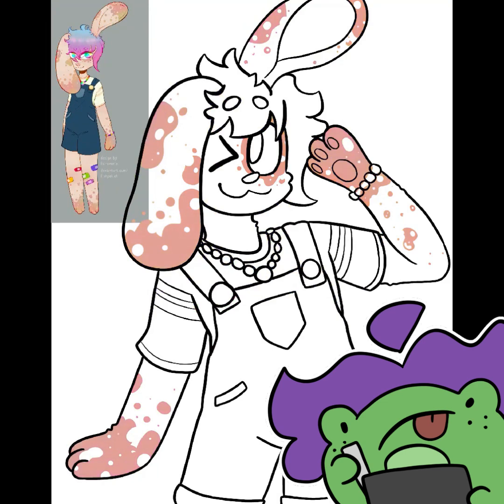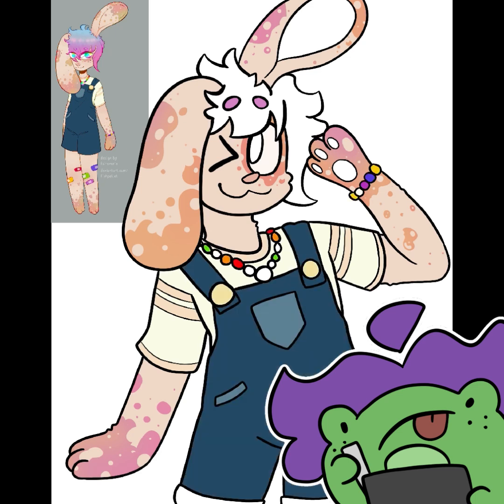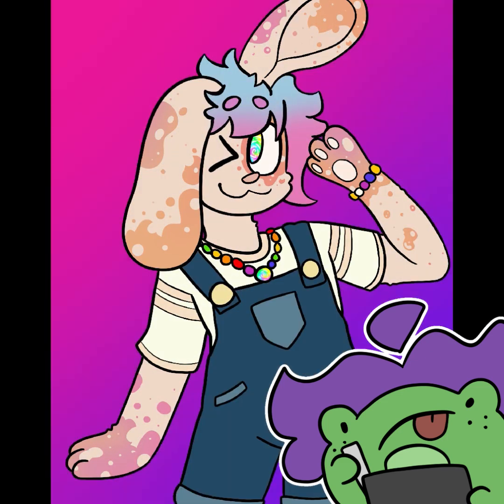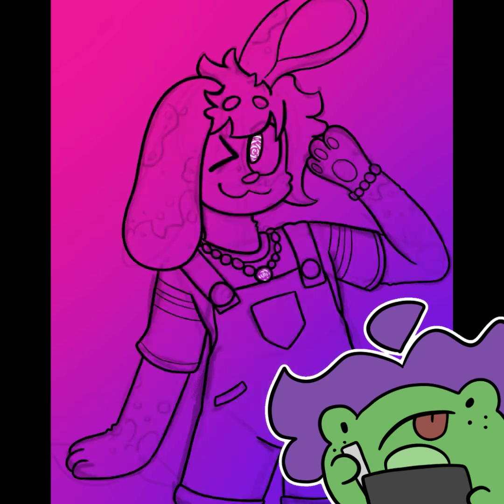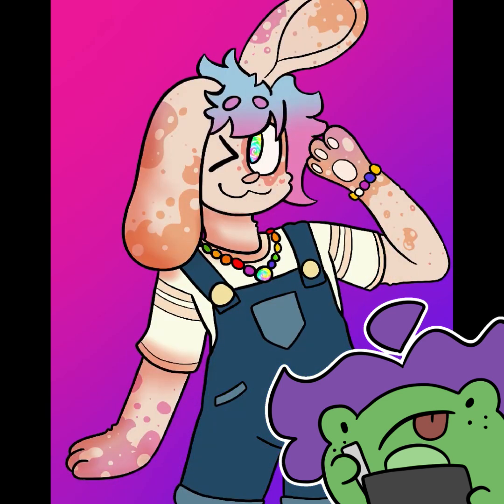I was messing around with the liquify tool and a lot of lighting layers, but yeah, I was really happy with how it looked, and I named them Skittle because it's also part of why all my handles are that one stupid Skittle. I wanted a recognizable username that was kind of funny, but also unique enough where someone could search it up pretty easily and not find other people,